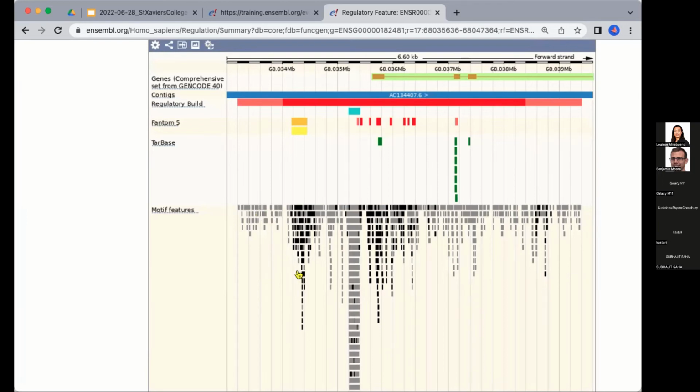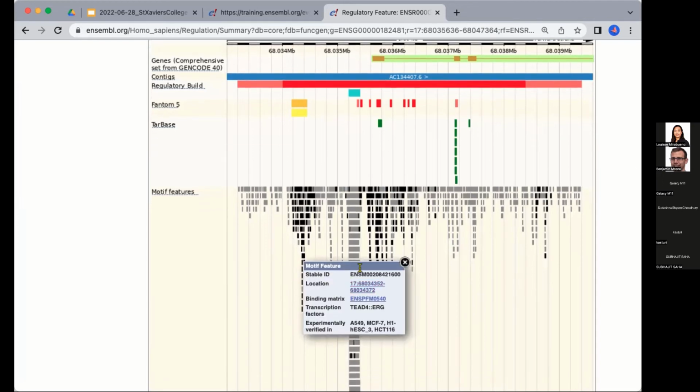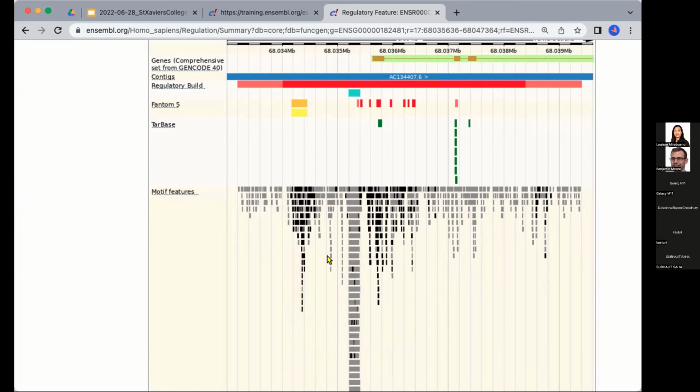So if you click, for example, on a black box here, again, it's interactive. You can find out more information about the different experiments that this was verified in. So, for example, here it was verified that the transcription factors TEAD4 and ERG both bind to the site, and this was experimentally verified in this list of cell lines. So I'm just going to close this pop-up window, and I will scroll